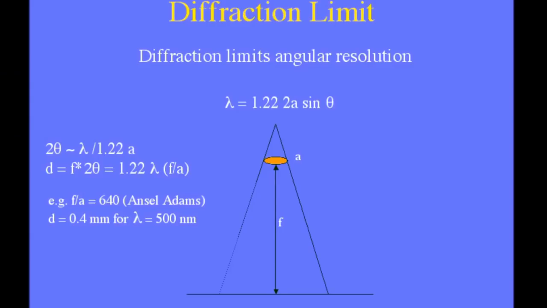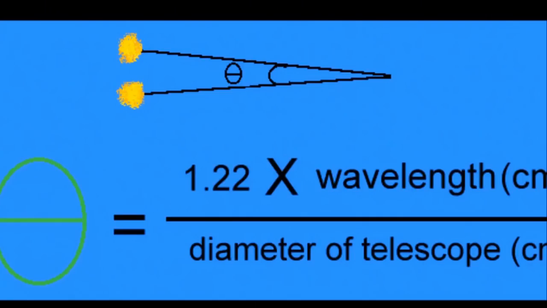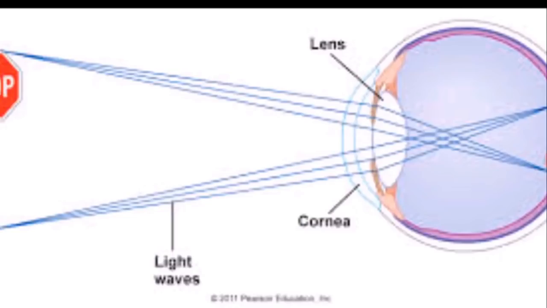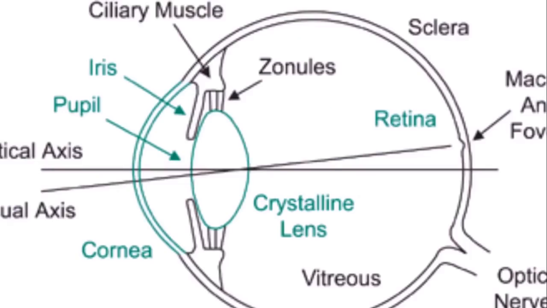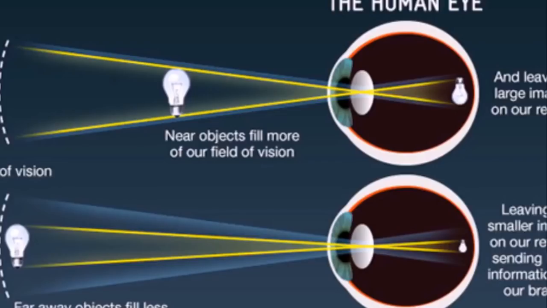The formula to find the angular resolution of the human eye, or any image-forming device, is the constant of 1.22 times the wavelength of light divided by the diameter of the lens aperture or entrance pupil. Once you figure out the angular resolution of, say, the human eye, you can then determine how large or how far away an object must be for you to be able to resolve it. In other words, for you to be able to see it. This is the limit of eyesight, or the resolving power of a telescope, camera, or microscope. Anything beyond this limit cannot be seen.